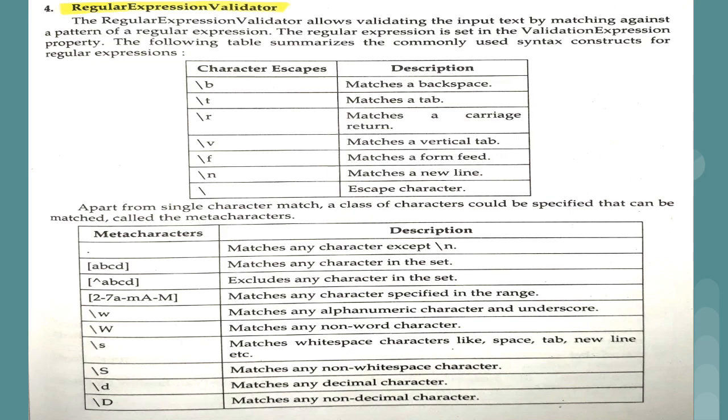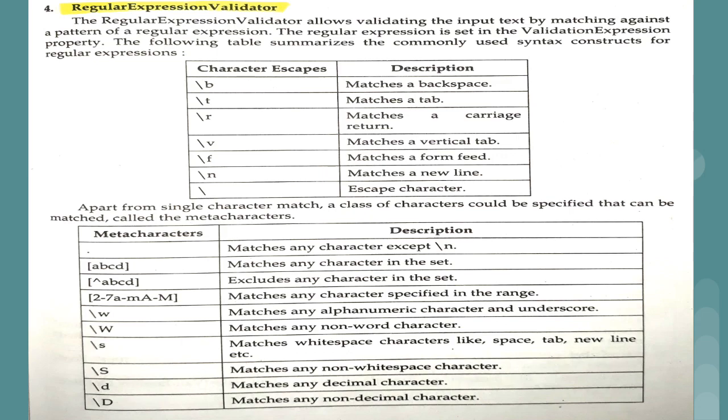Whenever the second line, within a square bracket, has ABCD specified, it means whatever text you enter inside the text box should have letters from this list only, ABCD. Other than ABCD it will not accept. After that we have ^ABCD, which means the starting character should be ABCD. If you enter EGG as an entry, the starting character is E, so it is not allowed. Like that we have combinations.